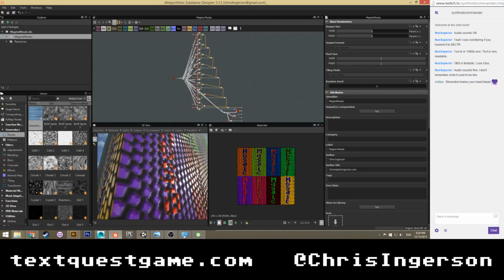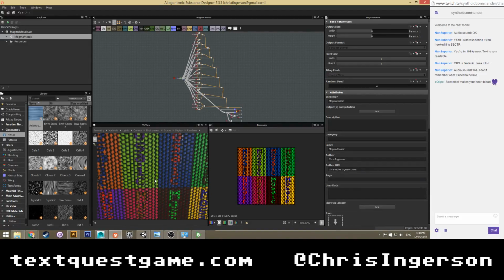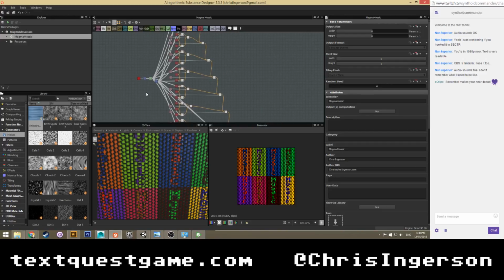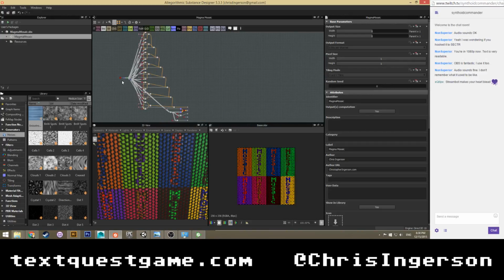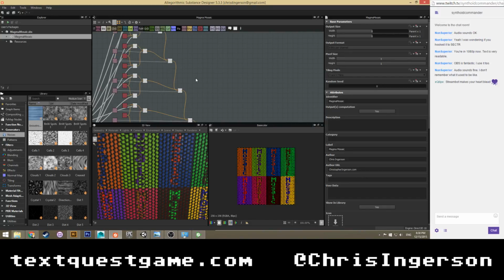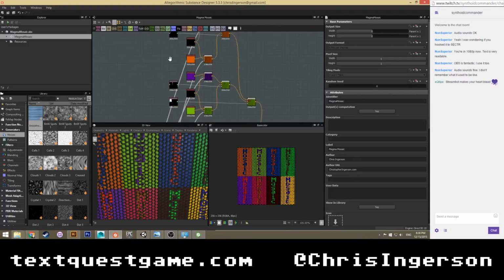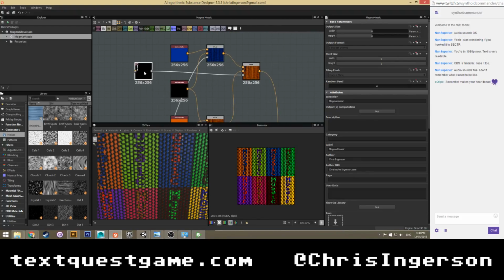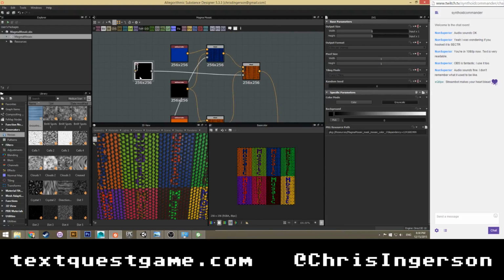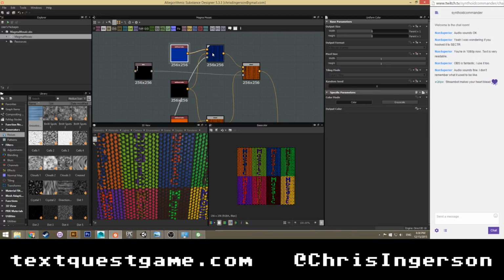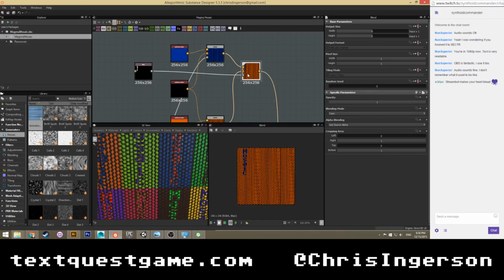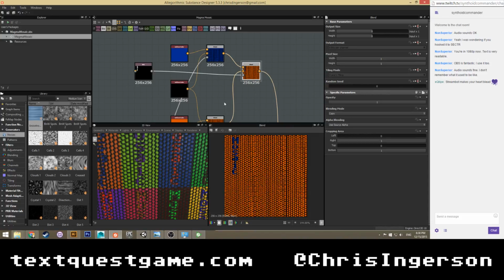Actually, no, it's not terribly complex. It's just, there's a lot of it. And it gets really messy really fast. So you can see that we have this massive graph here. And all it's really doing is just masking things. So we're doing a lot of masks. So we have our basic mask here. That's just saying we want to use this front color. This is our tile texture. We combine everything together. And that gives us that.